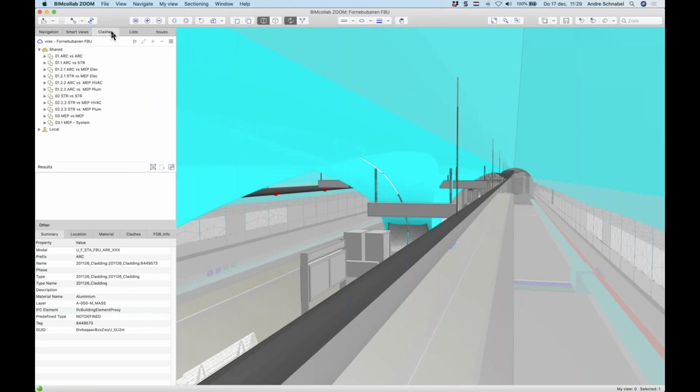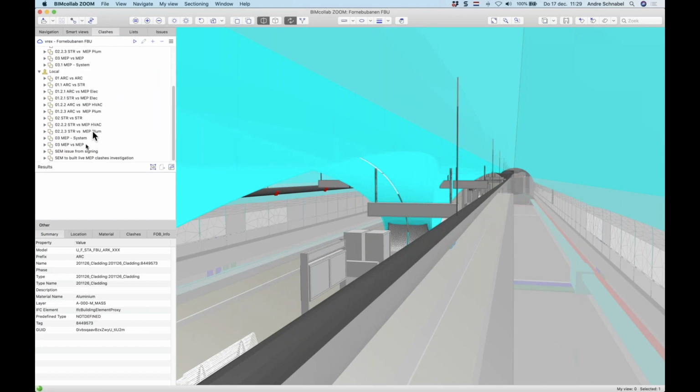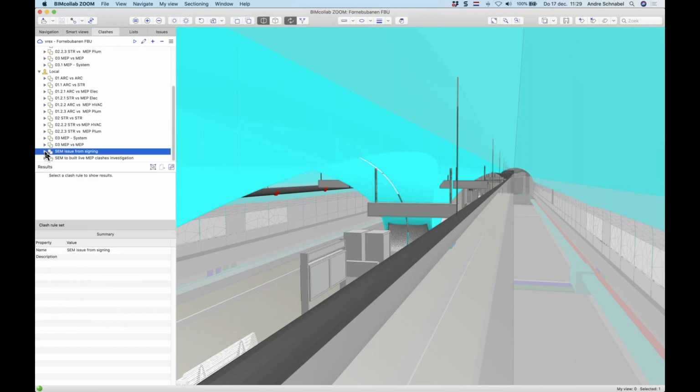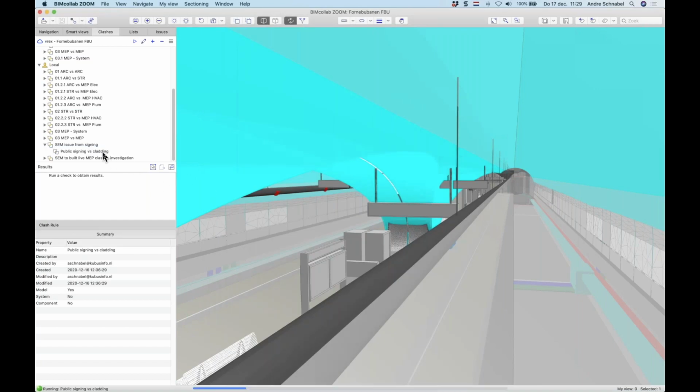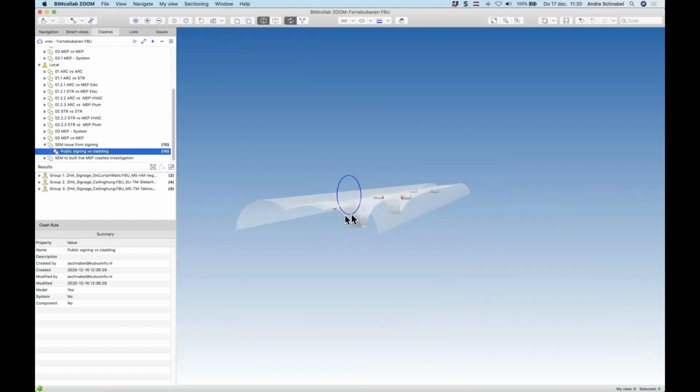And if I have some other issues here, like a cladding and a collision, which I see here visually, I can easily use the clashes and the clash rules to set this up as well. For this issue, this clash detection is about cladding versus public signing. It is easy to set up, it is easily defined, and when I use this clash rule and double click, it will define these